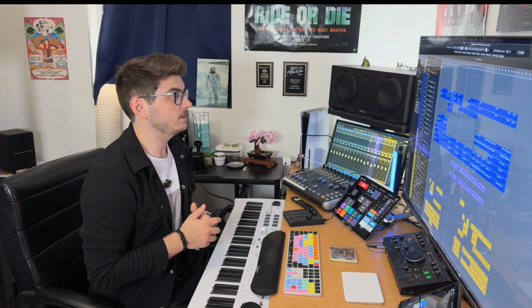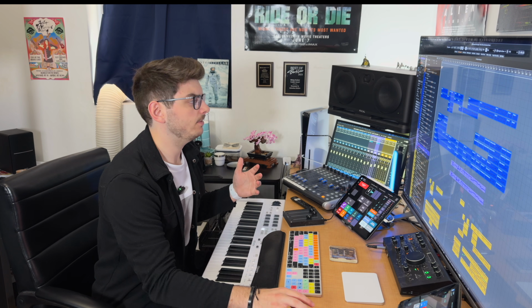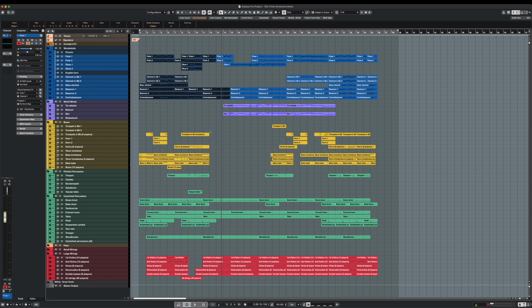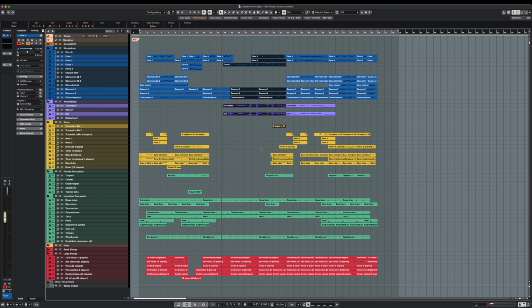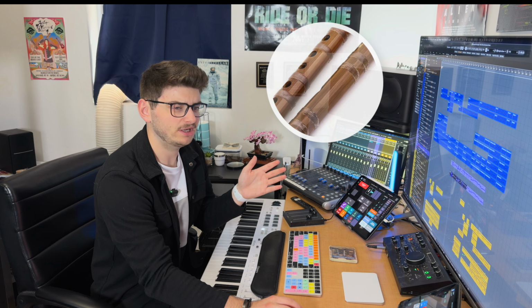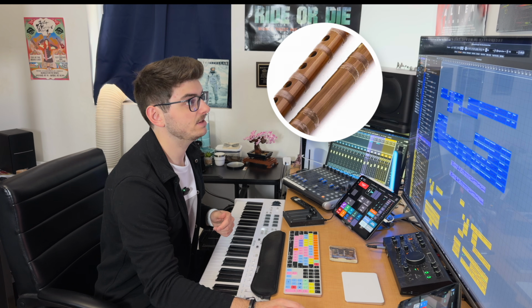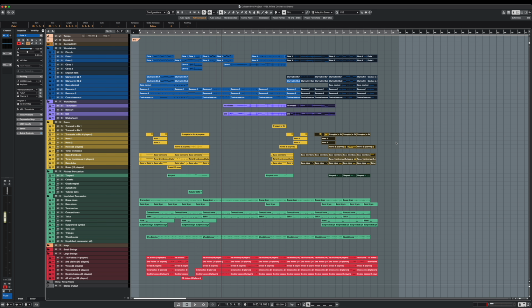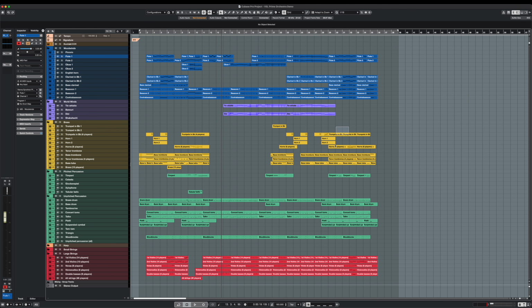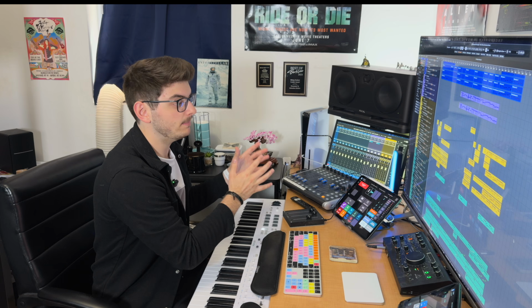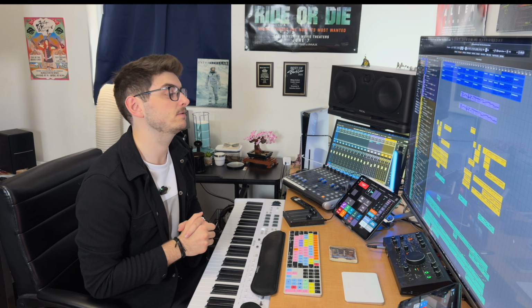So I've gone ahead and filled out the piece a little bit more. We're following an ABA style format. So we have the A section here, followed by our B section, which is where we introduce the tin whistle and digi, which I think is how you pronounce it. So we've introduced that here with our main melodies, and then we go back to our A section at the end here, finishing off with some nice, big, strong brass chords that are modeling the same thing that we heard at the beginning of the piece.